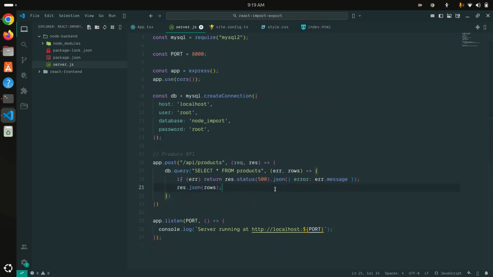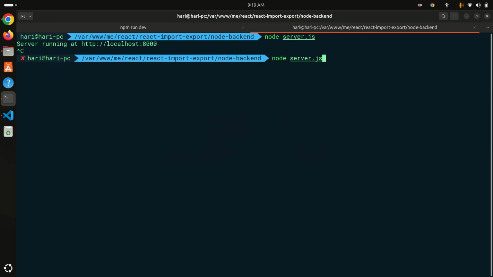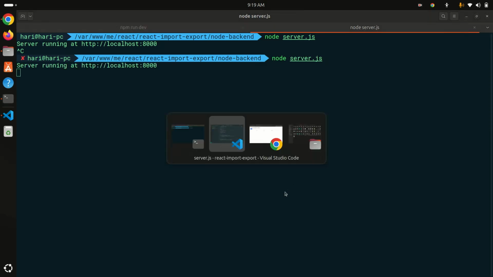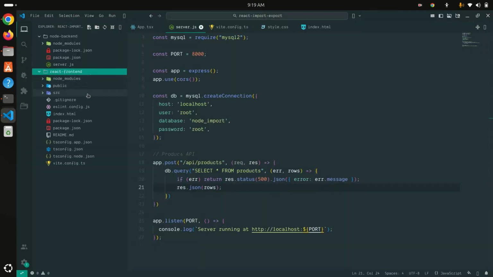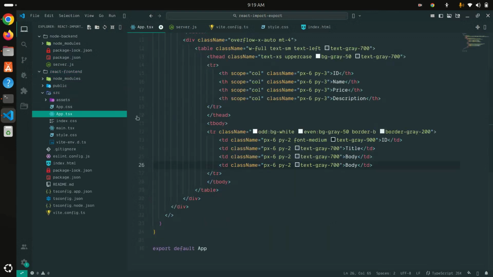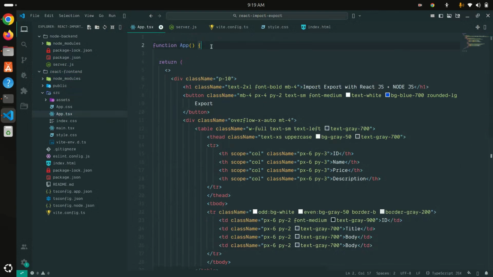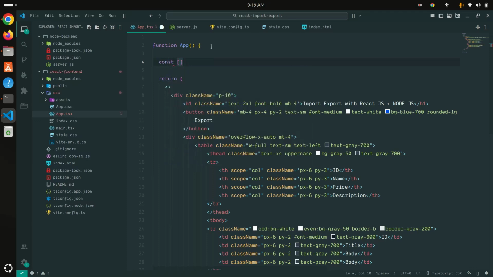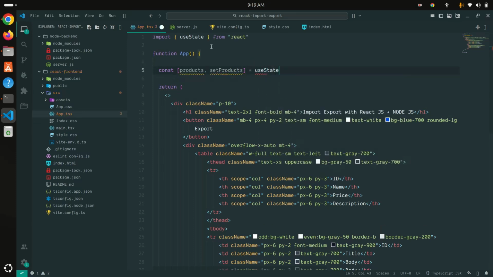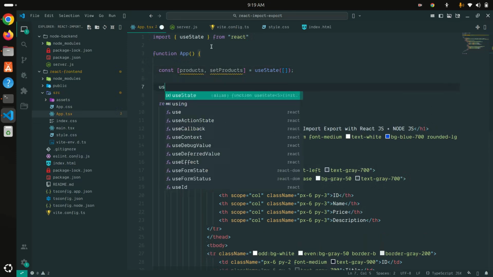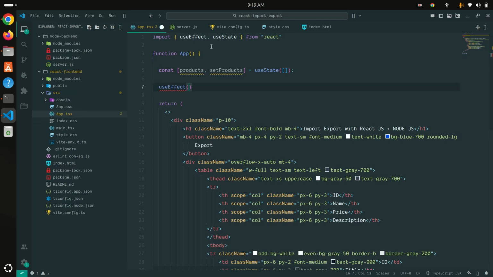So this is the product API, and now let me restart the Node.js server, okay, and now let me go back to our React front-end application and go to the app.jsx. So now what I'm going to do, first I'm going to define the variable that's called products, okay, and setProducts, okay, and I will use useState, and that variable will be empty by default, okay, and then I'm going to do useEffect, okay, and here